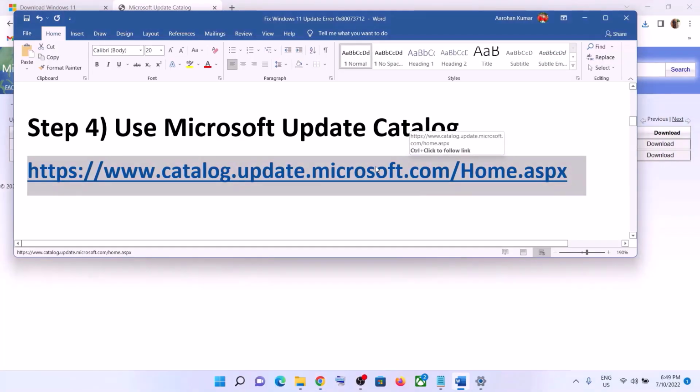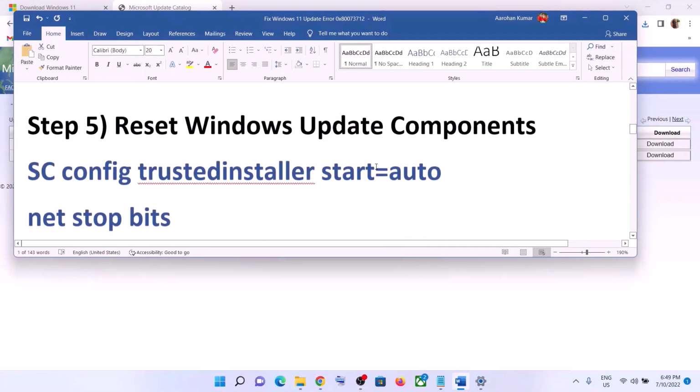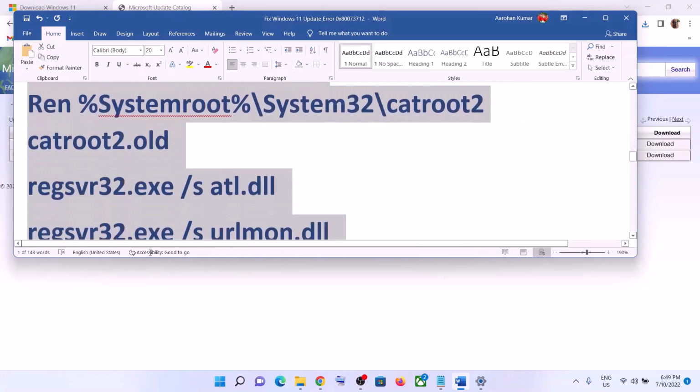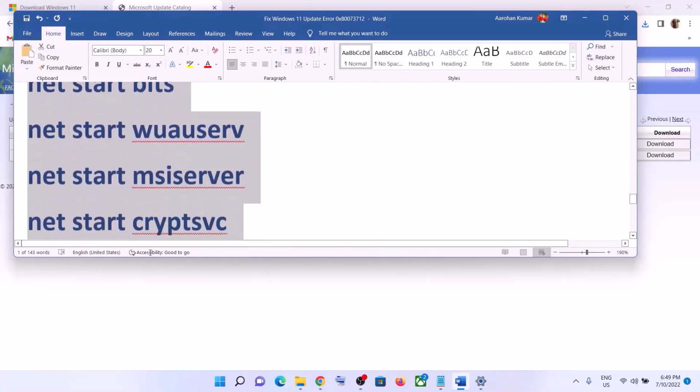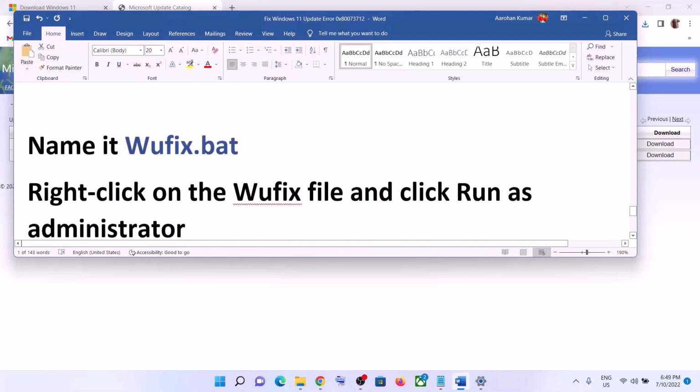If you are still facing the problem, in that case, you can reset Windows Update components. For this, copy all these commands. These commands are provided in the video description. So copy till here